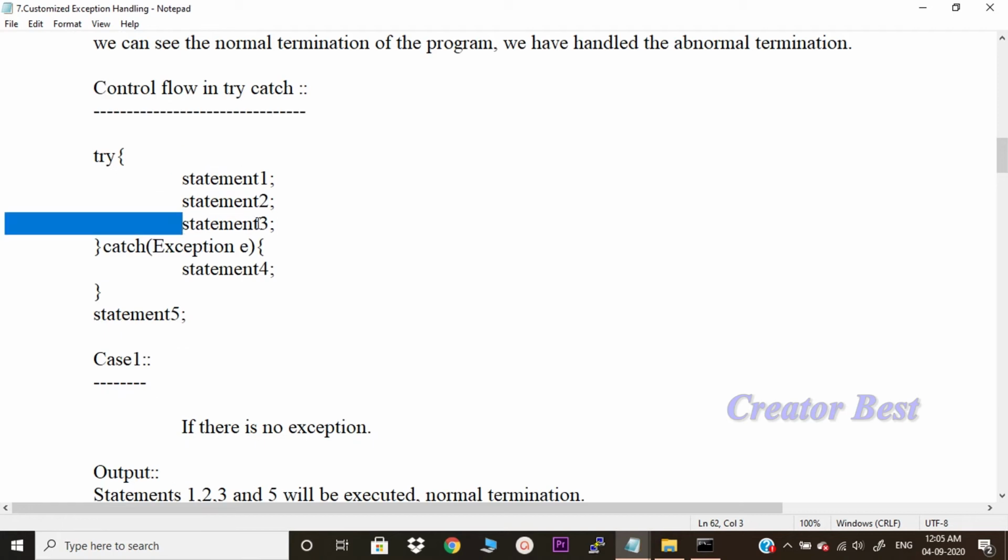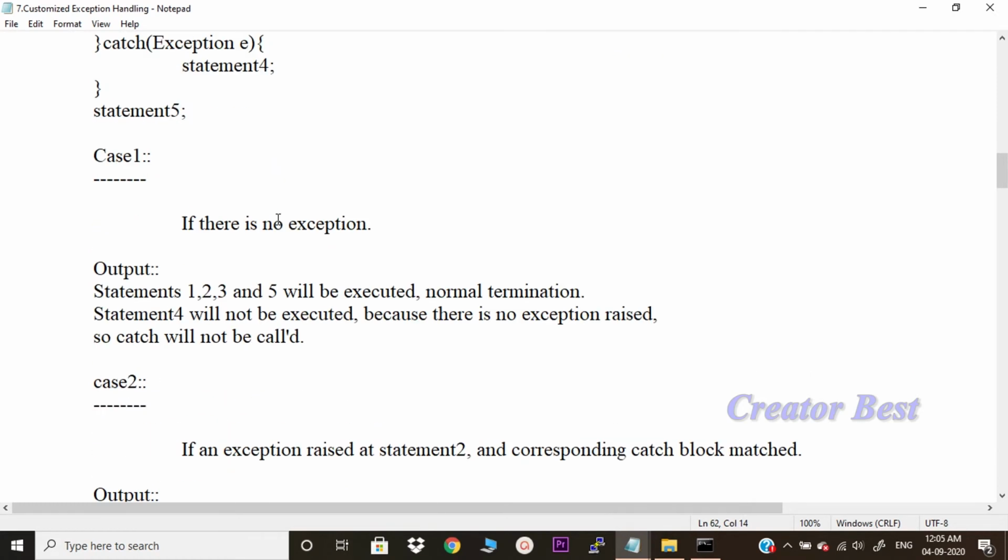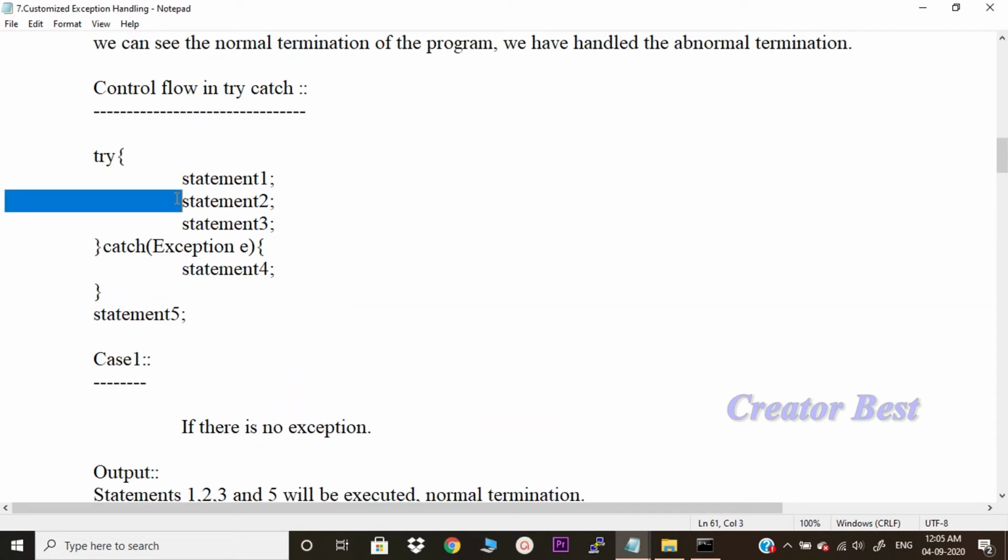If this particular statement is not executed, what is the point of writing a statement after it? There would be some purpose of writing a statement, right? When we write something, it should be executed. If we write something and it is not executed, it is a useless statement. That is not the better way of writing the code. So if statement 2 is causing an exception, we should take that statement in the try block. Instead of taking all those statements in the try block, take only the problematic statement in the try block.